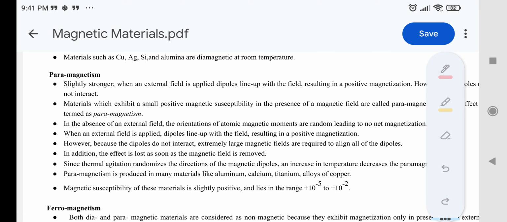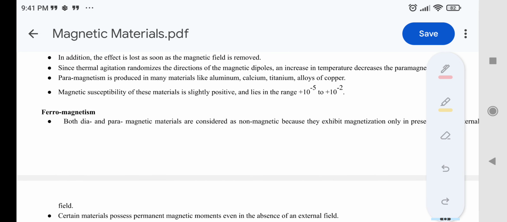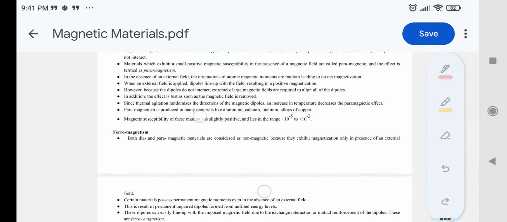The materials which show paramagnetism are aluminum, calcium, titanium, and some alloys of copper, and the magnetic susceptibility of the material is slightly positive, from plus 10 raised to minus 5 to 10 raised to minus 2. Both dia and paramagnetic materials, generally we consider as non-magnetic